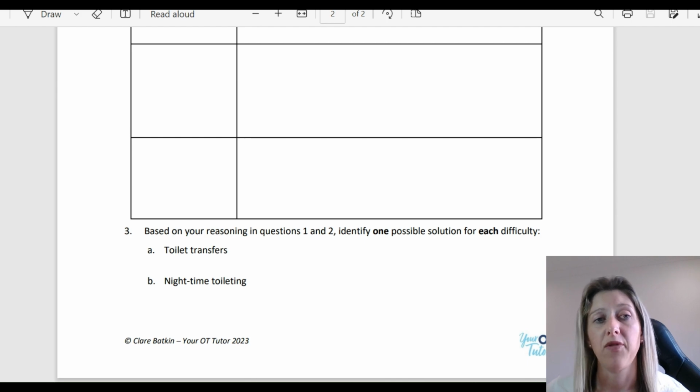Based on all that information that they thought about in the first two questions, what's one piece of equipment that could be helpful for Marge for toilet transfers, and what's another piece of equipment that might be helpful for addressing nighttime toileting? You can see that by actually helping them unpack all the clinical reasoning rather than just looking through a showroom, it means that they can ask you more targeted questions when you're following up with them later, and you can start to see what their clinical reasoning is like and maybe how you might be able to